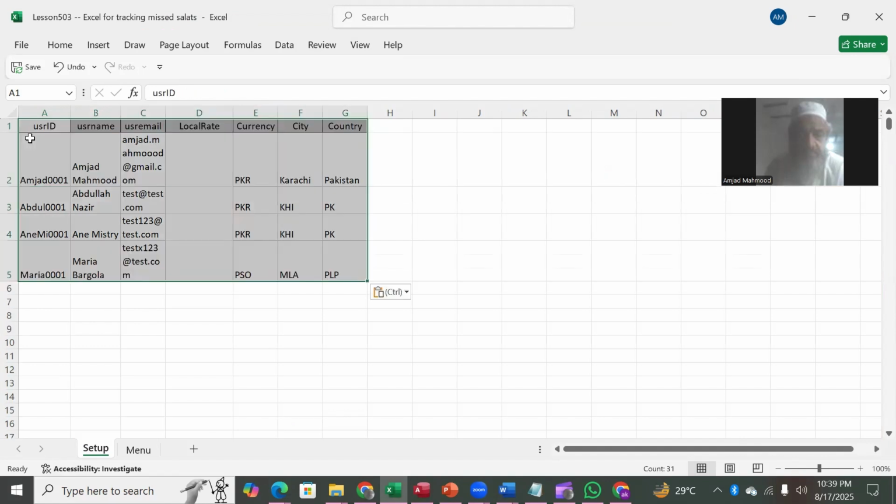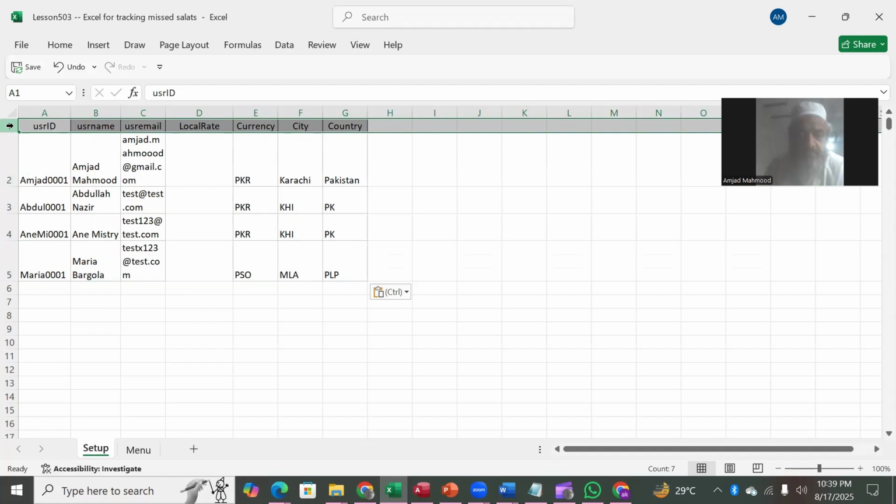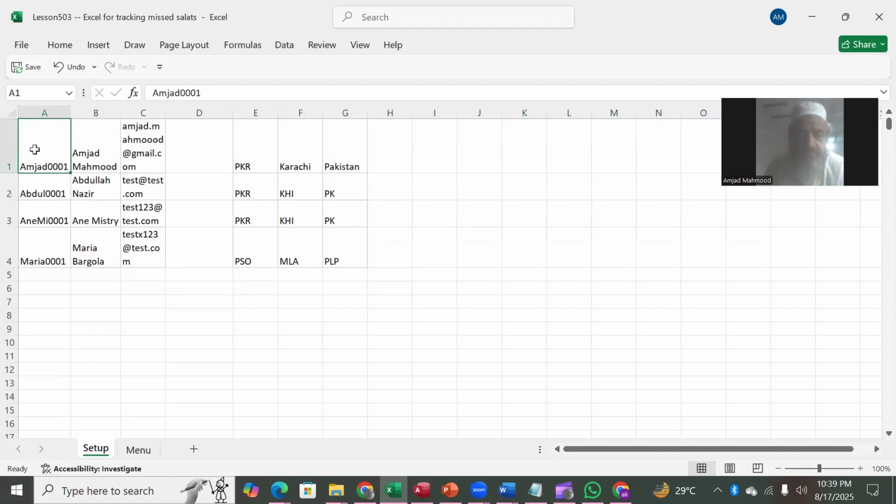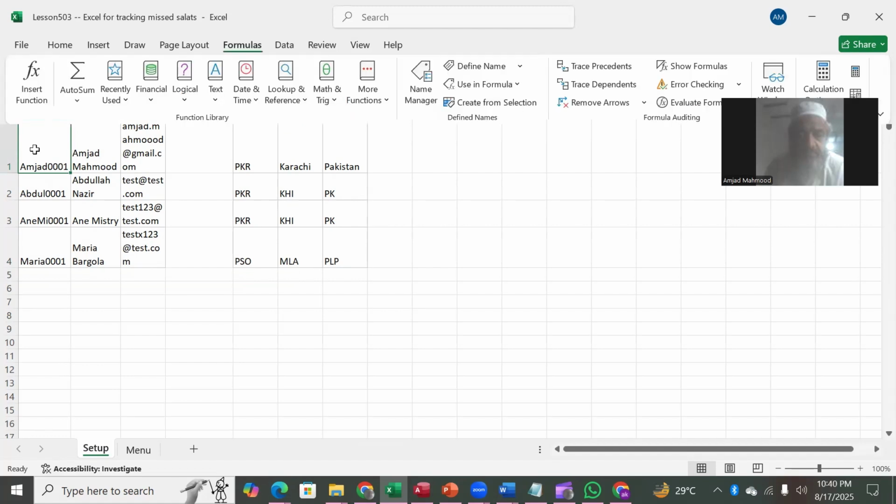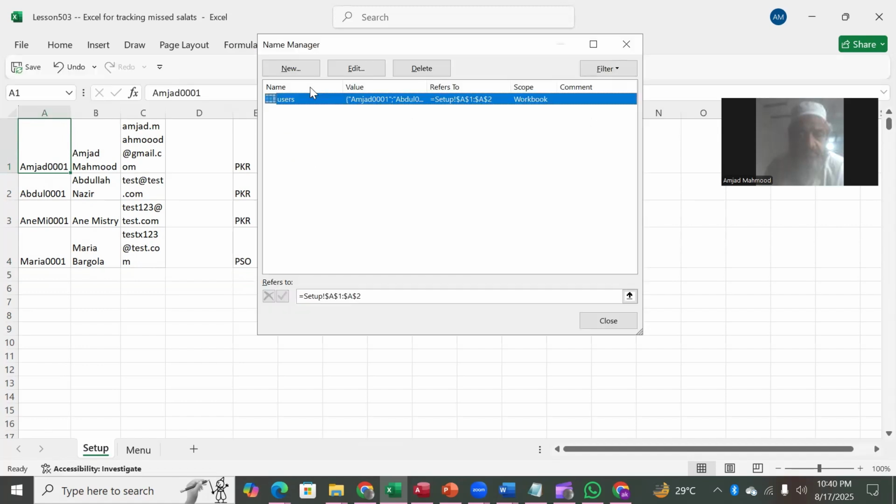So what we do here is we paste all these records, and we delete this line, and all these things which I'm doing will be done automatically. We will show you how to write the code for this in our upcoming video. So for the moment, we go to the name manager, and in the name manager, we have this name created. Let's edit it so that it